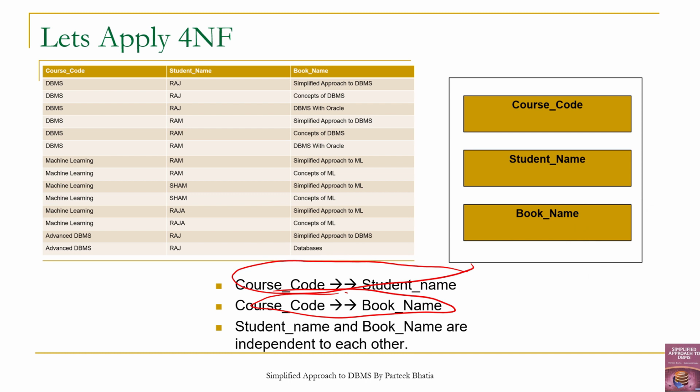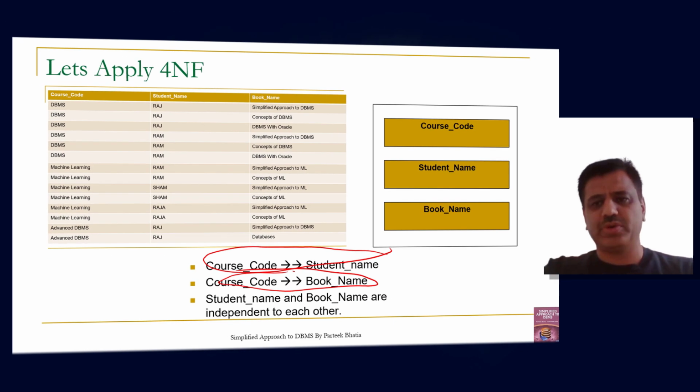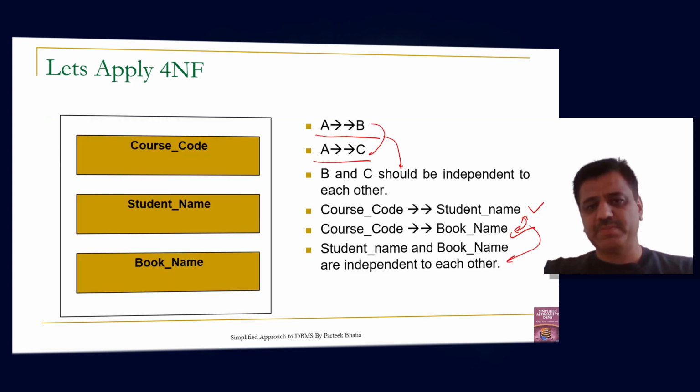So we have learned that if we have multi-value dependency, then it cannot be solved with second and third normal form or BCNF. As in this particular situation, there is no non-key attribute. So there is no concept of fully functional dependence, transitive dependence, or even any determinant available in this situation. So in this situation, the only rescue is to apply fourth normal form, which simply states that if you have multi-value dependency, meaning that for A, there are multiple values of B. For A, there are multiple values of C, and if B and C are independent of each other, then decompose it into AB and AC.